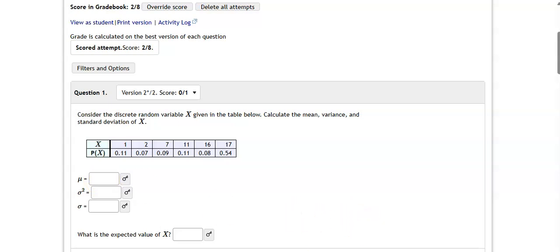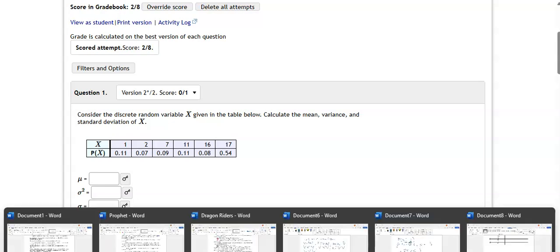All right, but first, let's go to that Word document, and I've changed the table so that my x's are a column and my p of x's are a column also. And we'll see why that's just easier to contend with. So here it is. Now to find the mean, what I have to do first